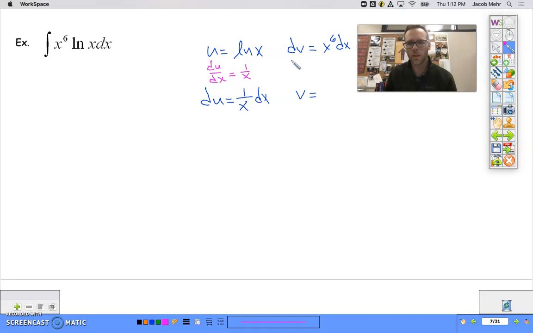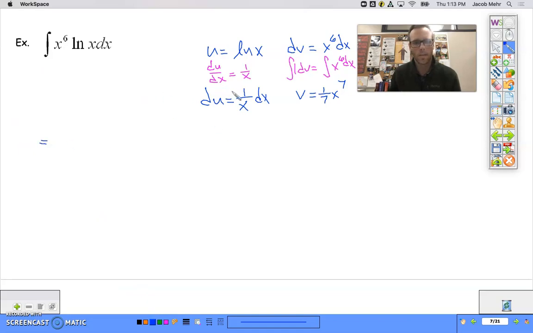So then what we do is we integrate this, and you'll get to the spot where you can skip this step in writing. We're taking the integral of dv, which is really 1 dv, which is v, and we're taking the integral of x to the 6th dx. That's why our dx needs to be with that, so we can actually integrate it. And as I've mentioned, this is 1/7 x to the 7th. So now let's set up our integration by parts formula. So this is going to equal